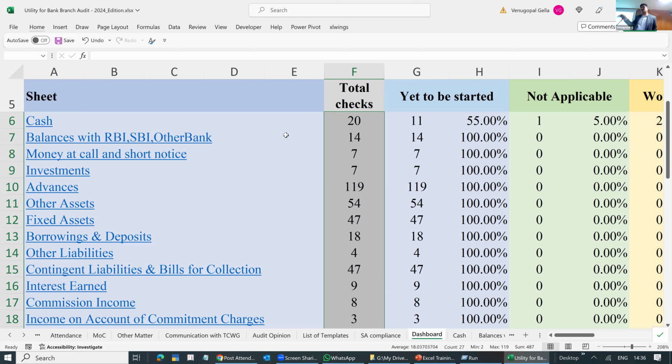Even LFAR2, which is for the advances, large advances, you give it to him. The first day you have to go, ask: are there any large advances? If large advances are there, LFAR2, please ask someone to fill it. LFAR2 is generally filled in a Word document, in a Word format. They prepare it, digitally sign it, and attach it to the list of the accounts, say for a large bank. Once that is prepared and comes back, then you know what needs to be done, right? So this is one checklist which is there.